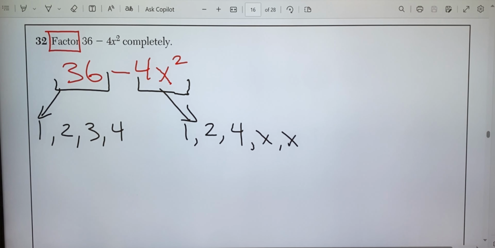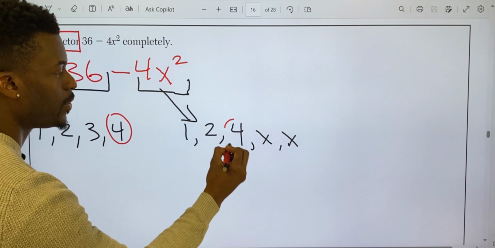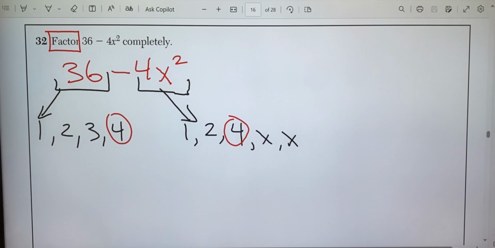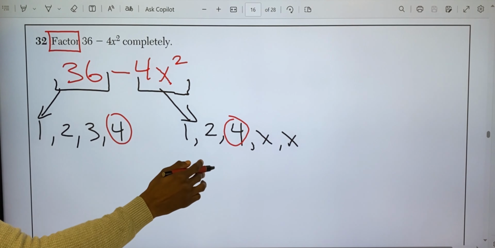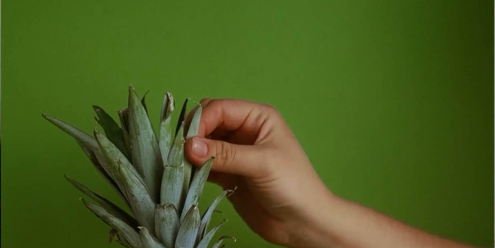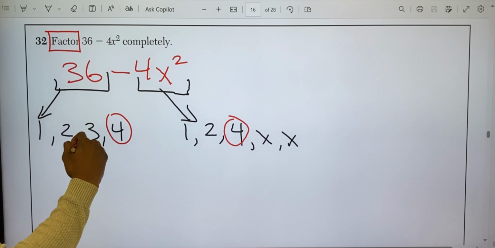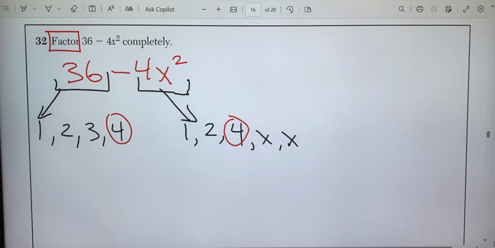Now, what's the highest number that occurs in both listings? 4. So I got 4 here and I got 4 here. 2 shows up, but it's not the highest. I only want the highest. That 4 is going to be what we factor out because it appears in both terms as a factor. So I'm going to write 4 and then in parentheses,